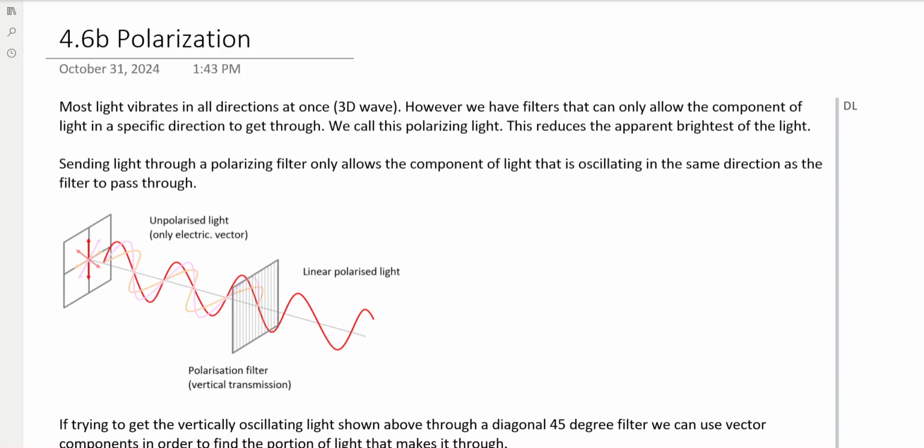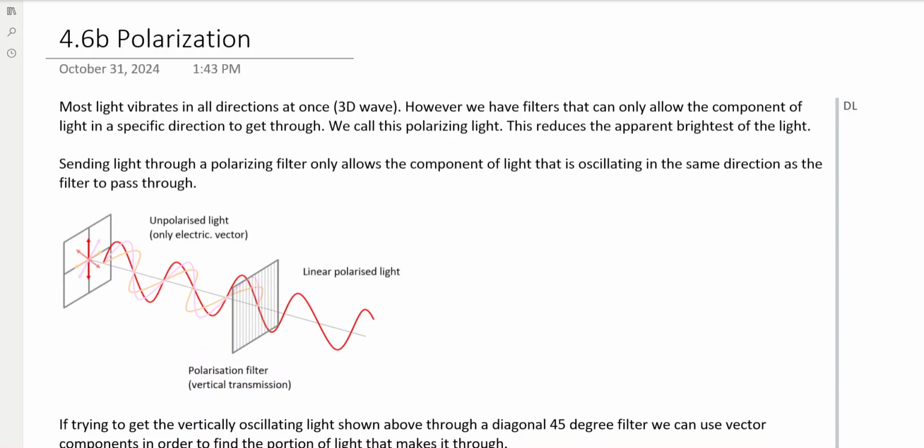So most light vibrates in all directions at once. This is because light is three-dimensional, it's a 3D wave. However, we have filters that can allow only one type of light through. We call this polarizing. So we can polarize light, or we have polarizing filters, and then afterwards we have polarized